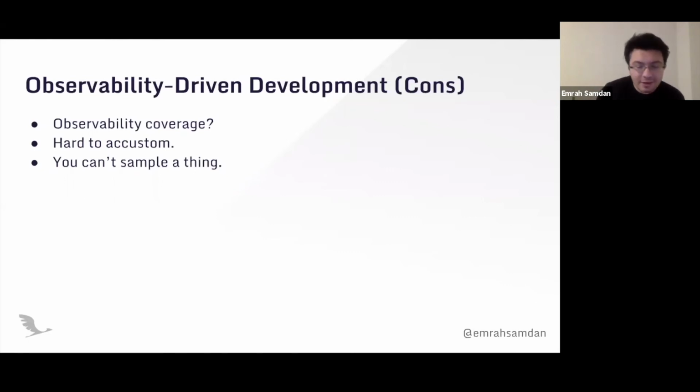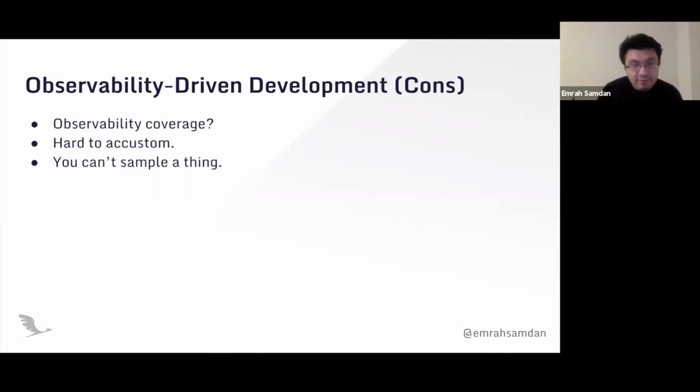So in a near term, it's like what is your observability coverage, and you can't actually measure such a thing. And it's actually hard to get accustomed to creating a manual span and logging everything possible. Even if you maintain it yourself, how can you make sure that your colleagues in your team are maintaining it? It's kind of a cultural thing.